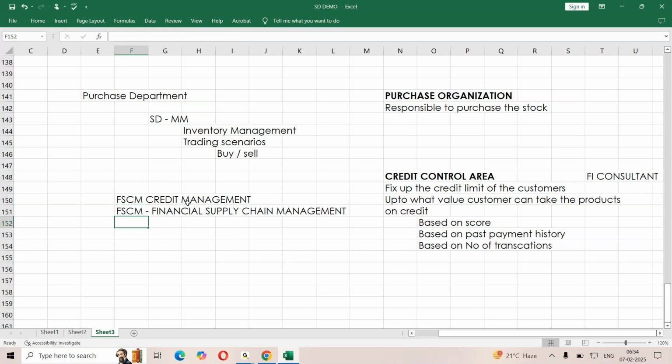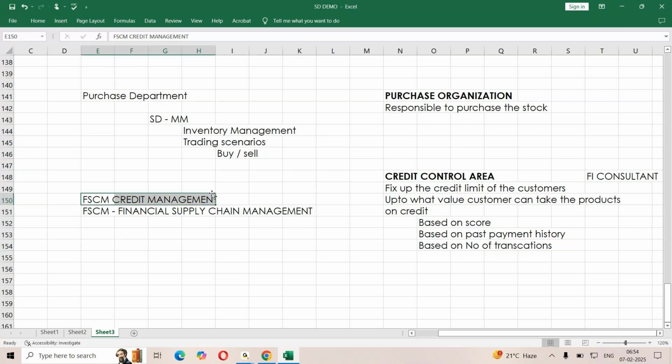We work in this area with FI. This is going to be a big concept, and when you look at the job descriptions, people will expect you to have a good understanding and execution skills in FSCM credit management. This is going to be one of the hot skills in SD.